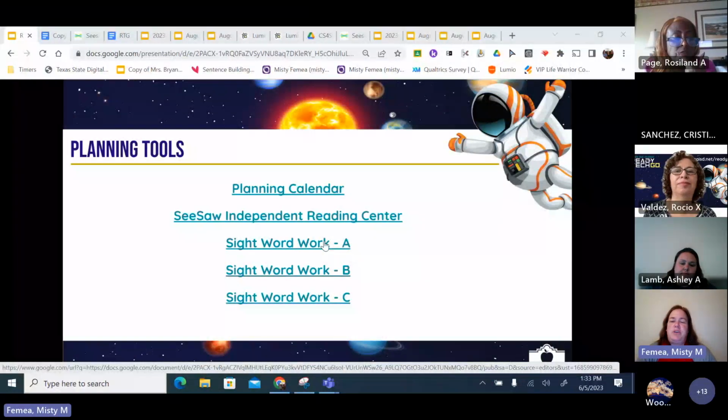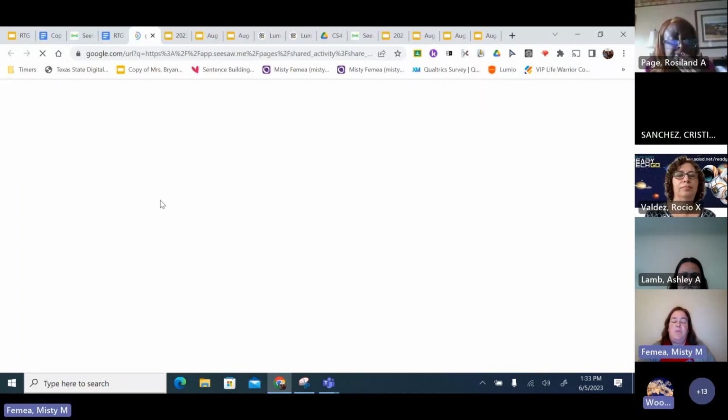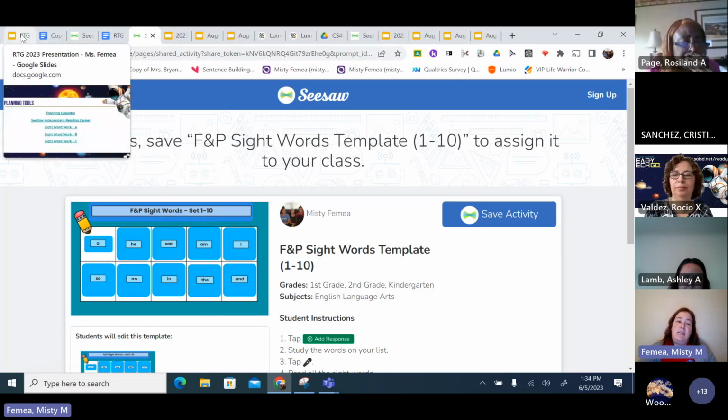So I was just looking at the sight words. If you're looking at sight words, there are Seesaw activities for the first 300 Fountas and Pinnell sight words in sets of 10. If you want to do just them read you the words, then you just click on this link. It says 1 to 10. There's the first 10 words. They practice these words, and then they record themselves saying them. And all you have to do is click on the link in the presentation,